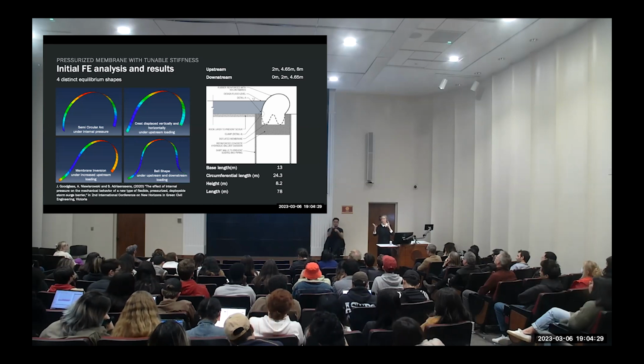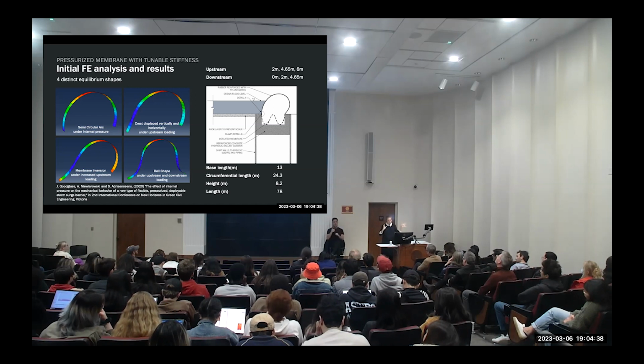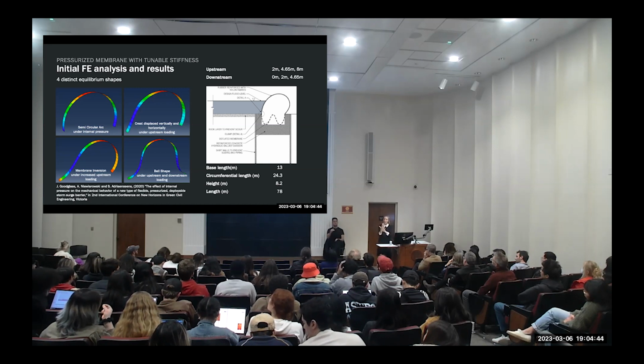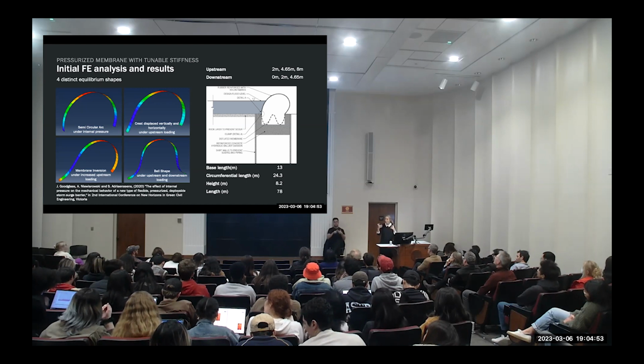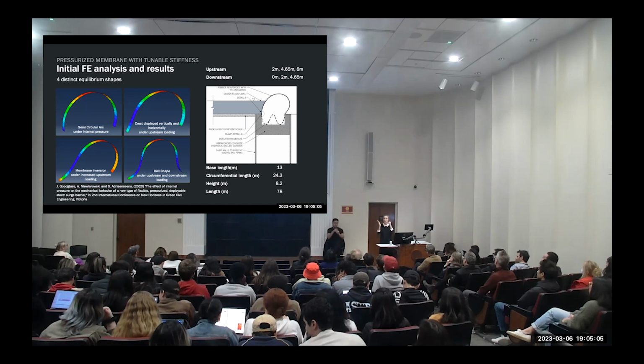As I mentioned before, if you have a rope and press it together, it buckles. It doesn't have any structural capacity. So you have to make sure that the thing is pressurized all the time under all these loading conditions. And you have to check for three things. One, you have to make sure that it doesn't deform so much that the water is going over. The second one you have to check is that it's strong enough, that the stresses that occur are well within the range. And then the third one is also the resonance. You have the waves that are hitting it all the time, and you also have some kind of vibration that the structure likes to do. So you have to make sure that these two things are very separate.